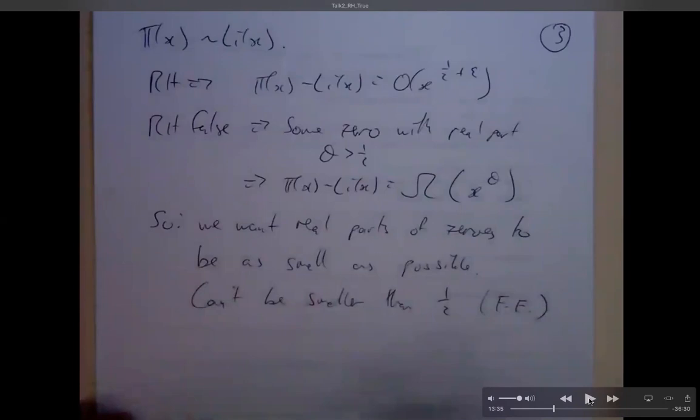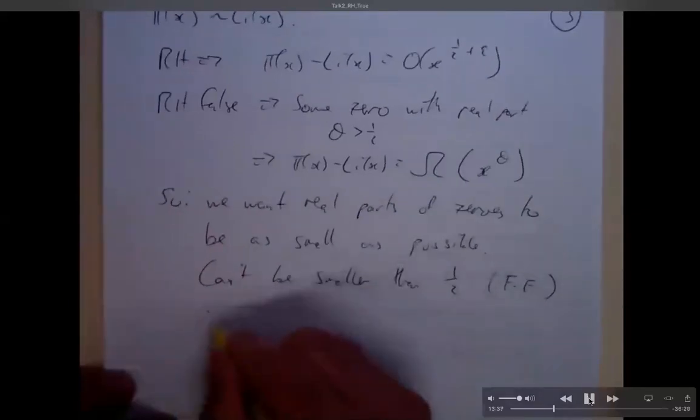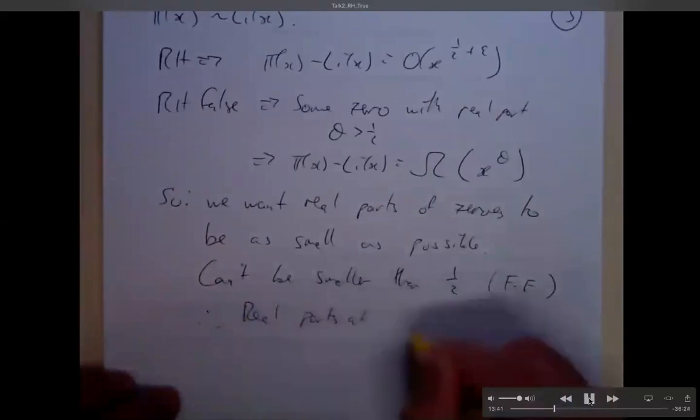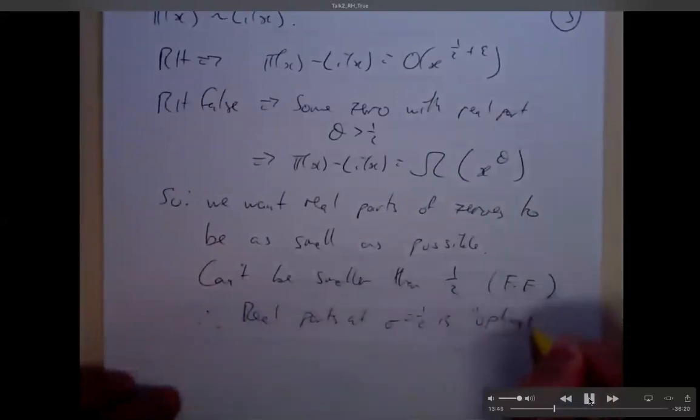So what this slide is trying to show is that, in a hand-wavy sense, the zeros lying on the half line is the best you could hope for, and that's therefore the best case scenario for the distribution of primes. I think I tried to summarize this in a sentence.